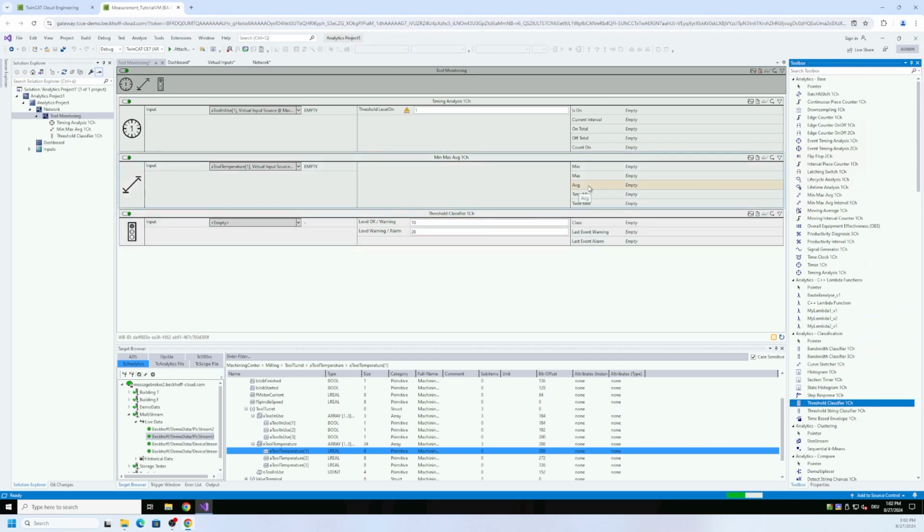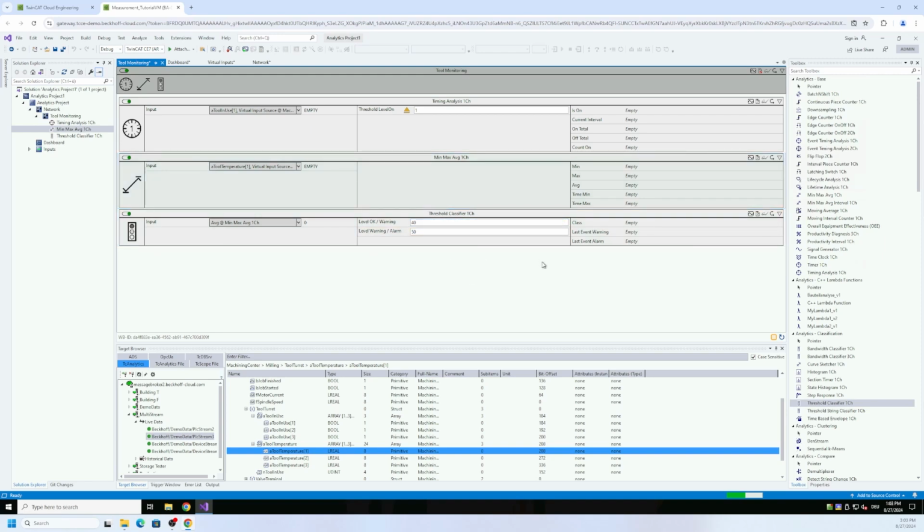Then we can take, for example, the average of the temperature from tool 1, put it here as an input for the classifier, and then we can set up the parameters: max is 50, and the lower threshold is 40.